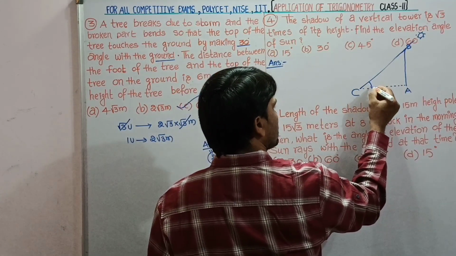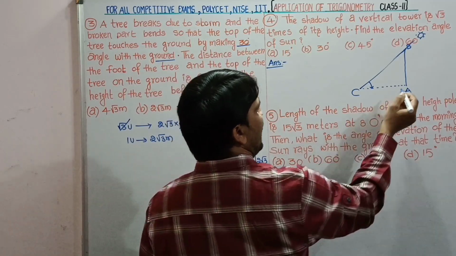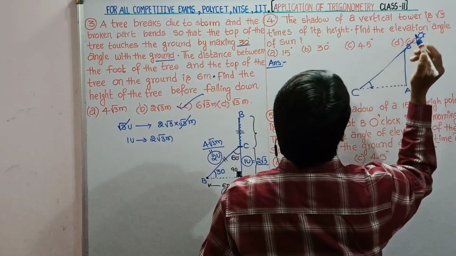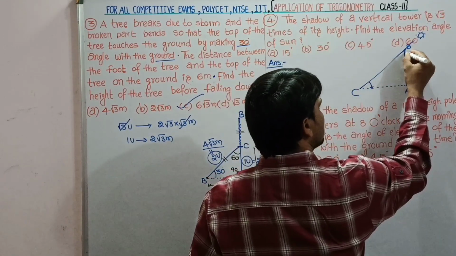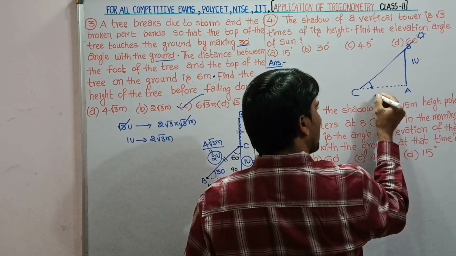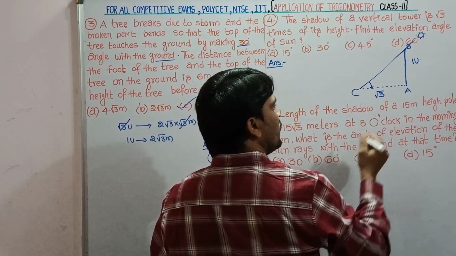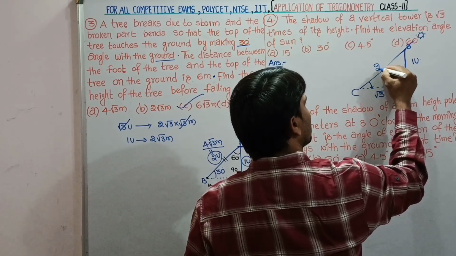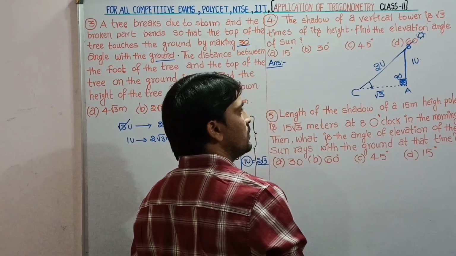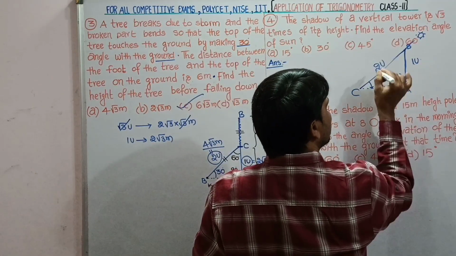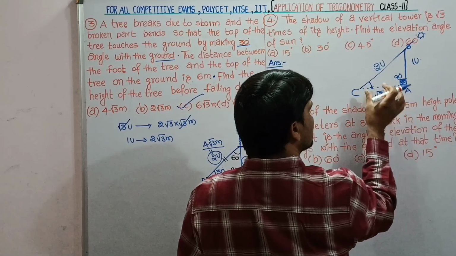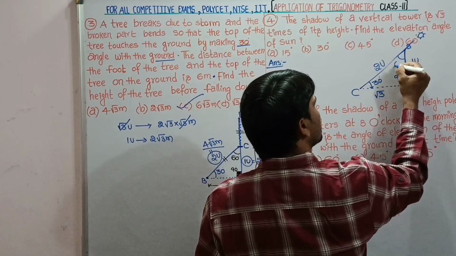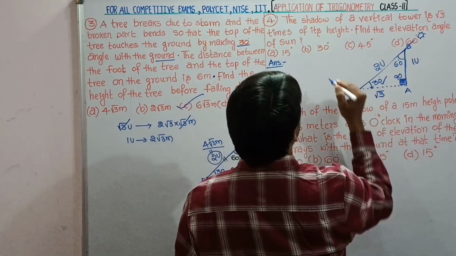So elevation angle of sun forms at vertex C. We have to find angle ACB. Given that the shadow of vertical tower is √3 times of its height. If its height is 1 unit, then its shadow is √3 units. So this is 90-degree. Obviously BC is 2 units. So this is triplets of 30, 60, 90. So 1 unit opposite is 30 degrees, √3 opposite is 60 degrees. So angle of elevation is 30 degrees.